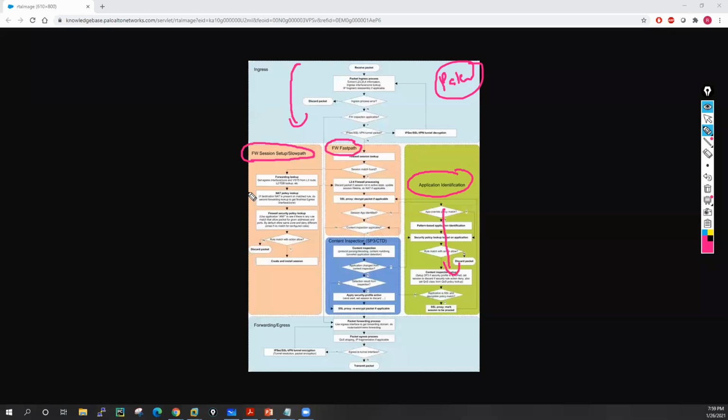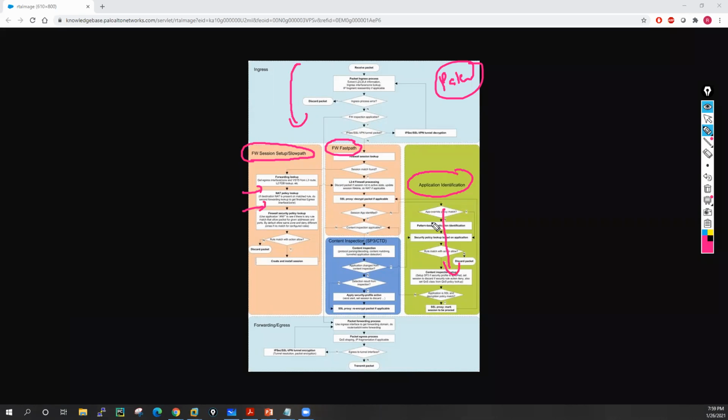At that time I will show you all these things, because in session setup there are also a few more checks for spoofing attacks, how it protects us from DDoS attacks, and how it protects us from TCP SYN attacks, ICMP flood attacks, and UDP flood attacks. I will explain all these when we learn the troubleshooting of Palo Alto firewall.